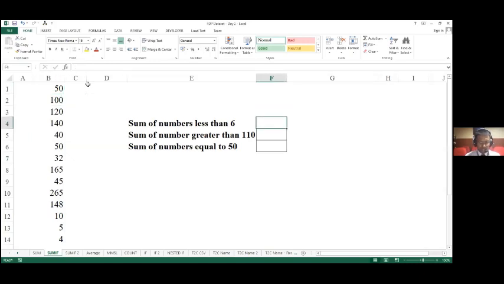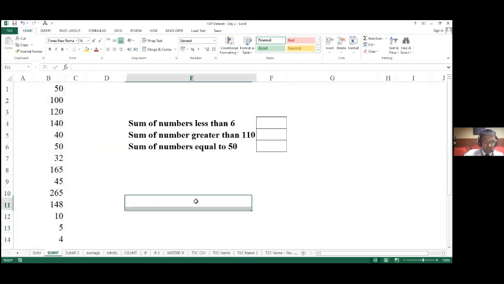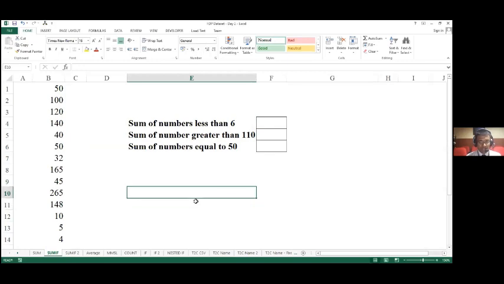Now I want Excel to carry out certain functionalities for me. I want Excel to carry out the summation in this series, but I don't want Excel to total up all the numbers together. I want Excel to sum up the numbers based on the criteria that I'm specifying.